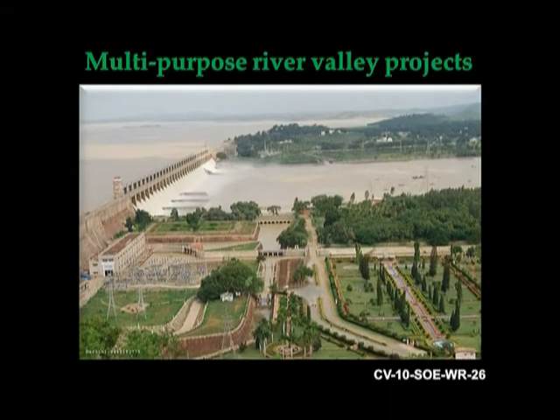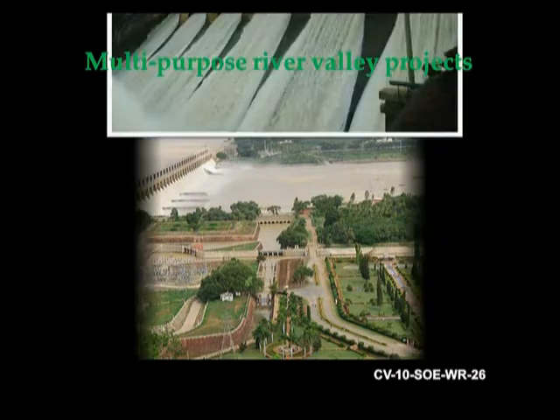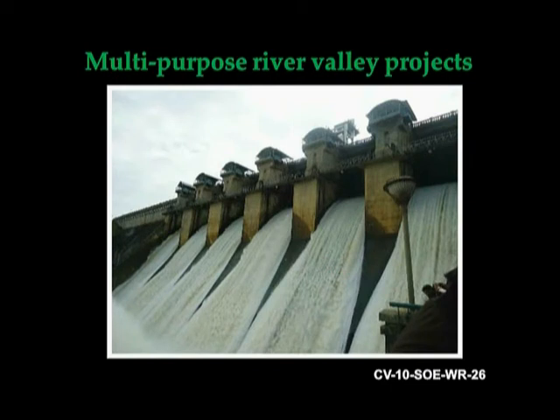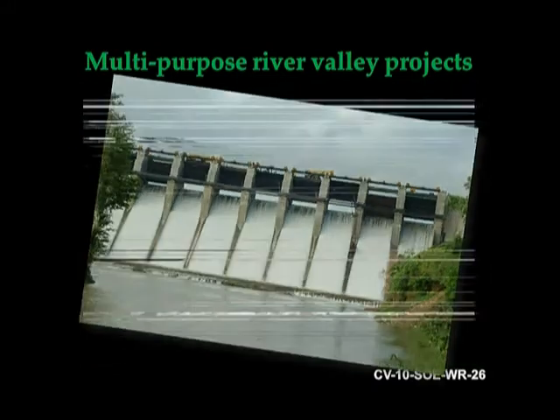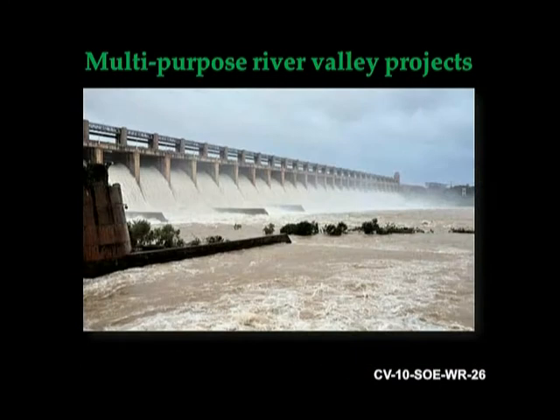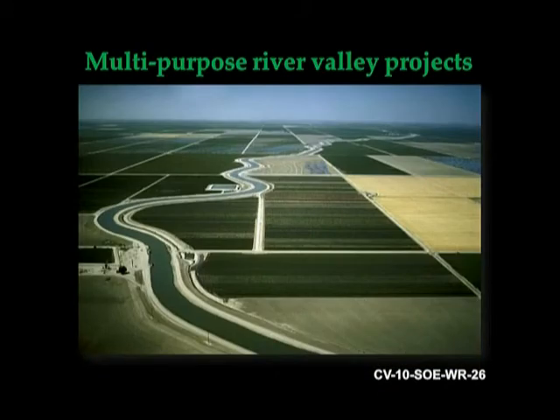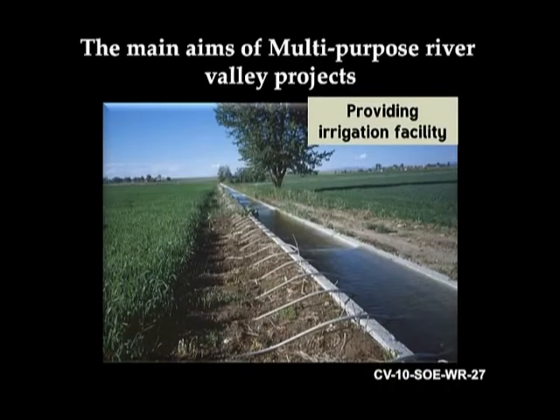Dear children, let us study about multi-purpose river valley projects. India has undertaken the construction of many river valley projects for the maximum utilization of river water resources. These projects have other purposes besides providing water for agricultural use. Such projects are called multi-purpose river valley projects. The main aims of these projects are: